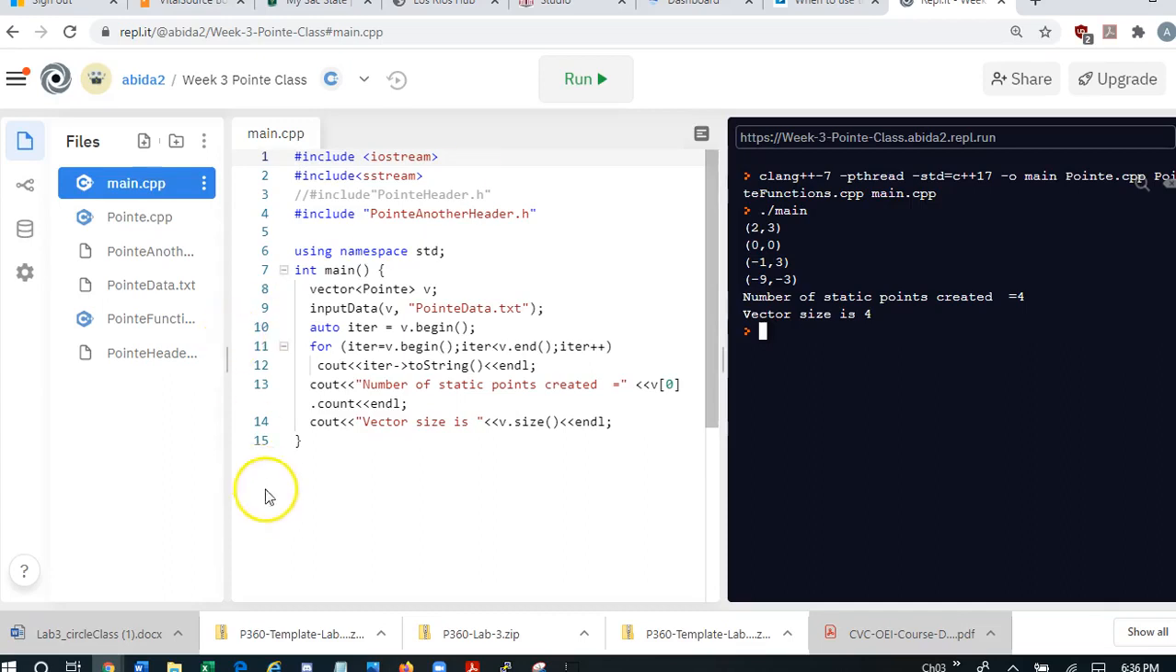So that is an overview of the concepts and practice that we are going to be doing in this module. To go over it one more time: istringstream, vectors, static int, and using multiple headers, and using iterators. So good luck with your lab, and